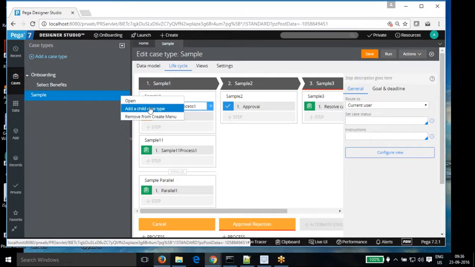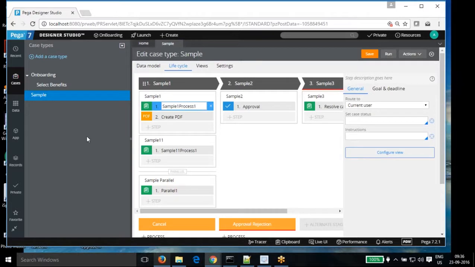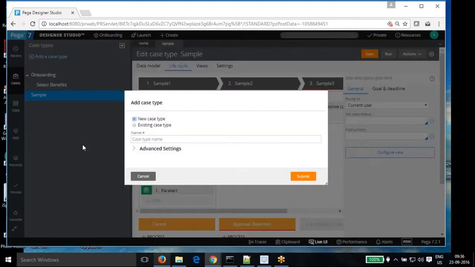We can say add a child case. Here you can add a child case, a simple child. In the same way you can use an existing case, or you can create a new case as a child as well.